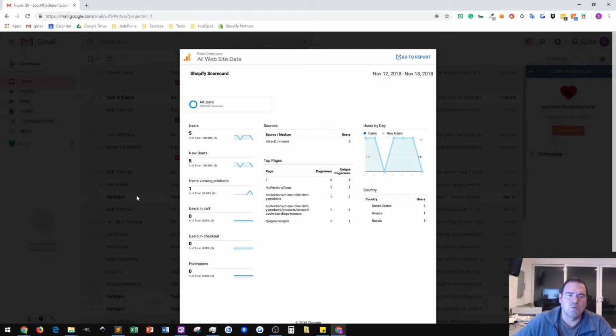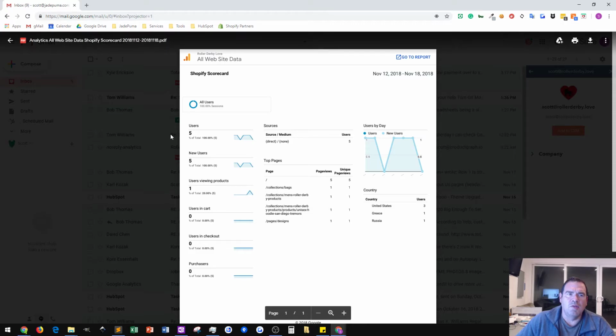So just looking at your metrics every week and knowing what your conversion rate is on an average week is a good way for you to stay on top of it and start noticing those things that do happen when you run online businesses, and then be able to investigate them. So that is our Shopify scorecard in Google